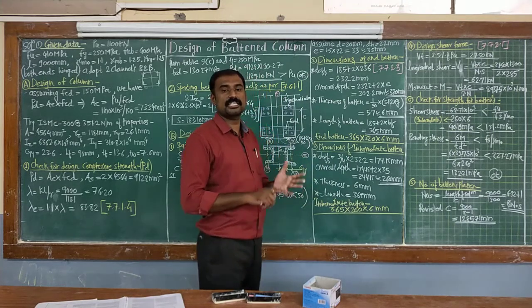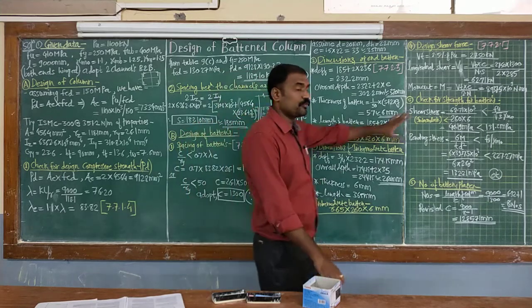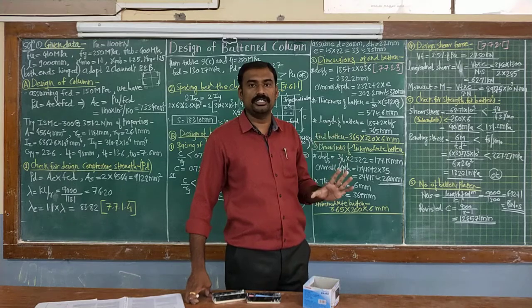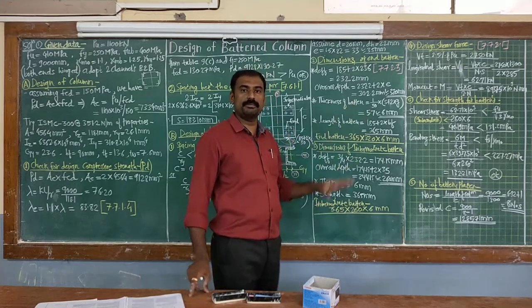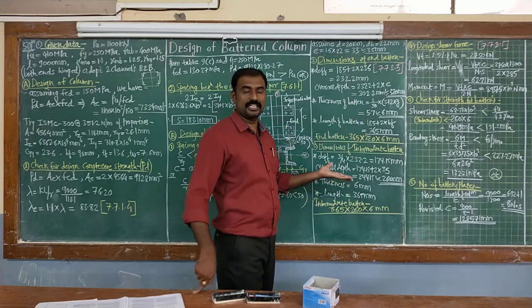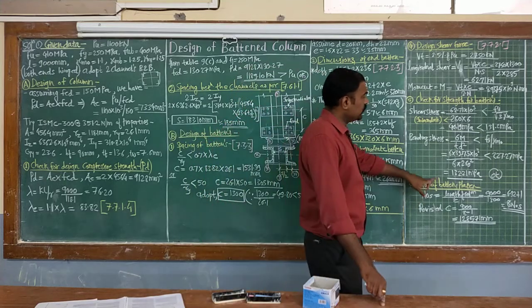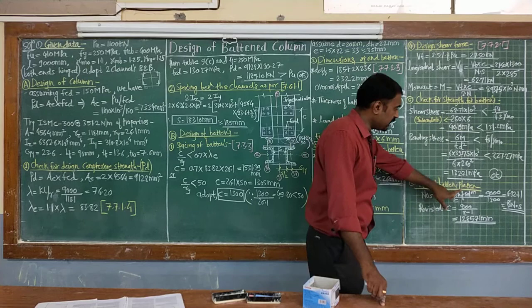Check for shear stress and check for bending stress in the case of your batten, and try to give this check for intermediate battens only. If it satisfies for the intermediate batten, it is compulsorily going to satisfy for your end battens also. Now, in the next step, the number of battens is to be calculated.